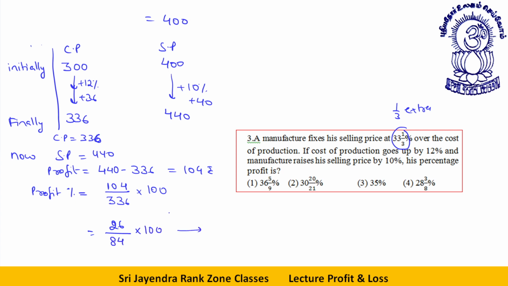Now the things are pretty much sorted. Why they are sorted? Because if I cancel this by further 4, this will be 25, this will be 21. Now I don't need to calculate this much percent. Why? Because 21 is the denominator only in one such case. 26 by 25, 21. So this is your answer. No need to calculate this. Option 2 is your answer, and I'm sure it must be clear to all of you.